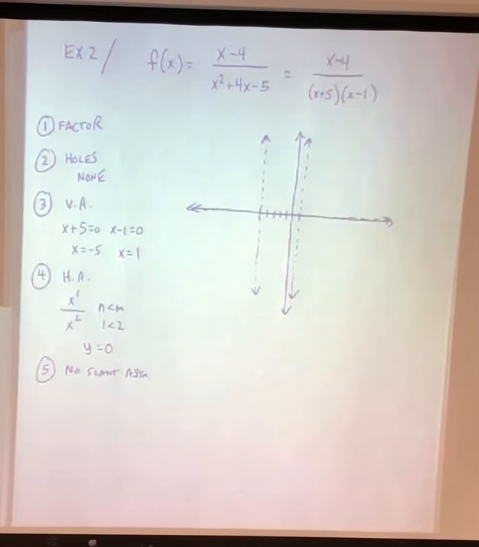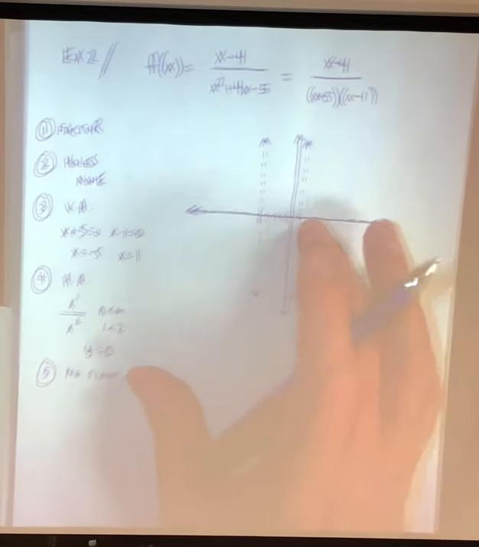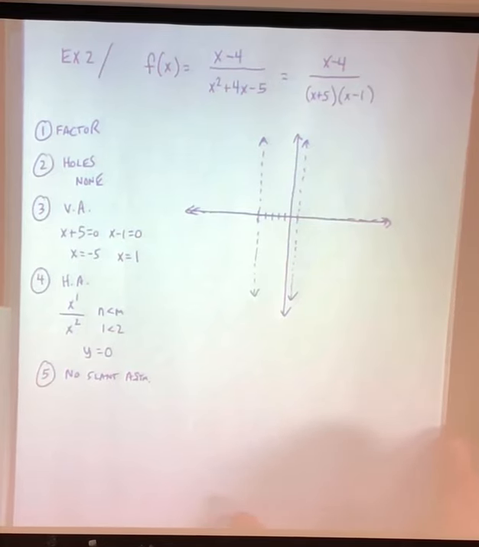Now, it might be good for you to think about finding your intercepts on these, in terms of where the graph crosses. The thing I was trying to point out earlier is that even though we've got a horizontal asymptote, in each of these three sections the curve may cross over that asymptote. Does that make sense? So depending on the way the graph is set up, if we're finding the y-intercept,